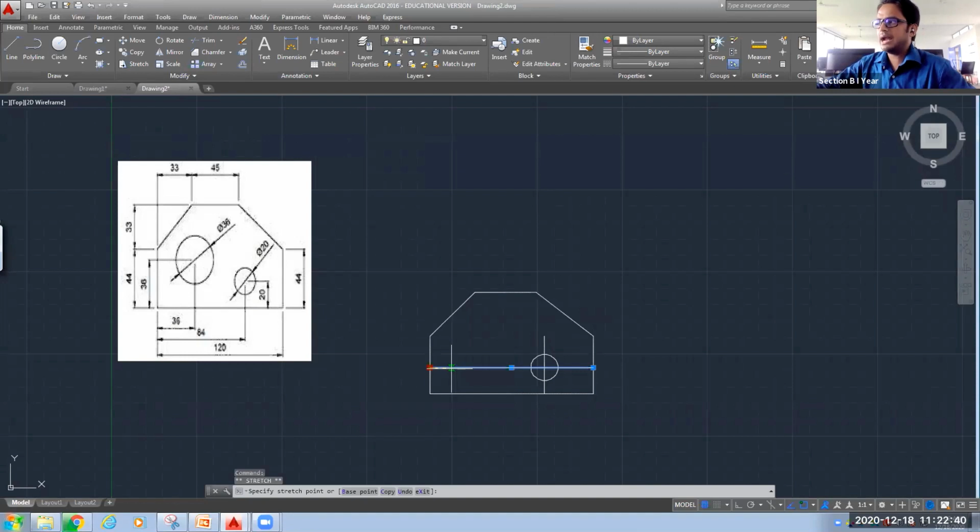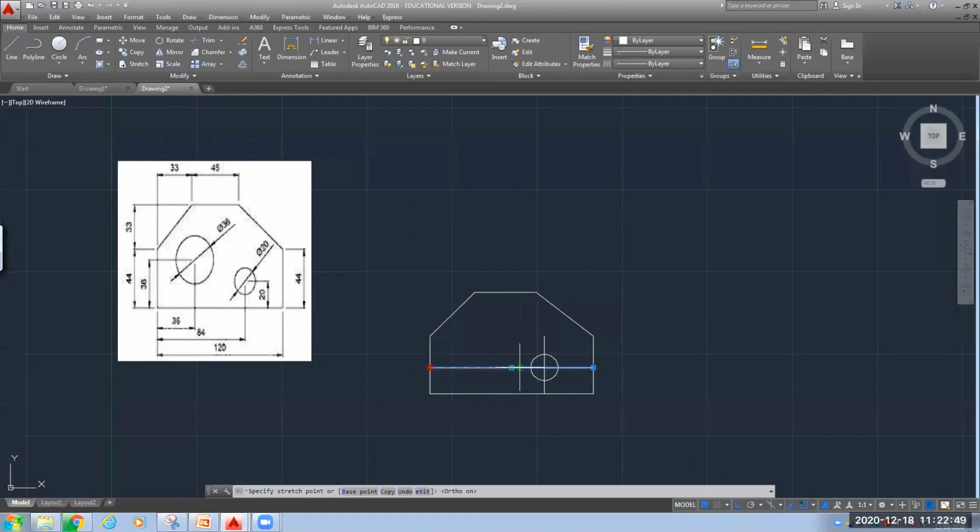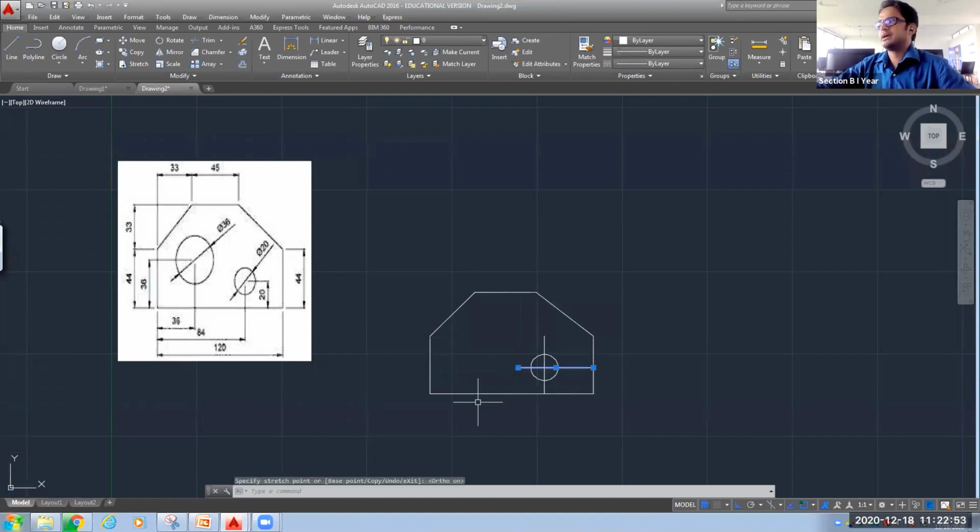So you need to click on that and put ortho on so that it will move only in the horizontal direction. No deviation will be there. And you can click at any location up to where you want that line to be. Suppose I have clicked over here. See. From this side also, I will bring it to this location. Okay. Similarly, I will bring down this line also, and this point also I will bring up to here.